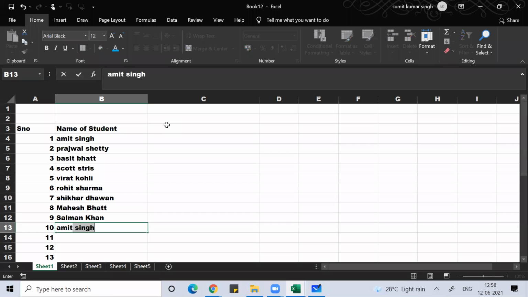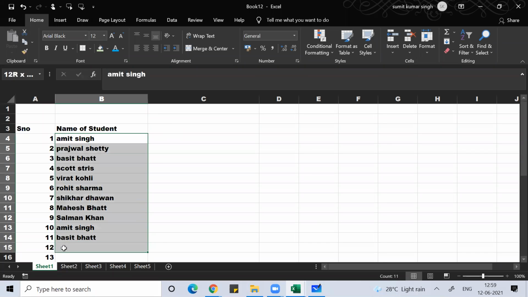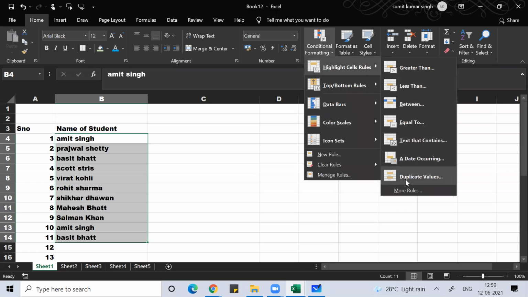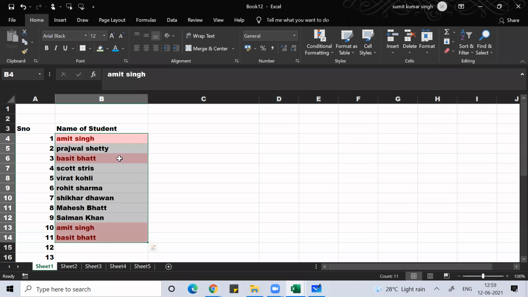Now imagine if I put any duplicate values. Excel should show me if I put any duplicate value. So you can go to conditional formatting, highlight cells tool, duplicate values. It will show you any value that you duplicate.